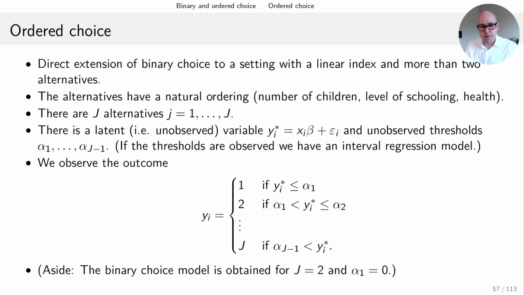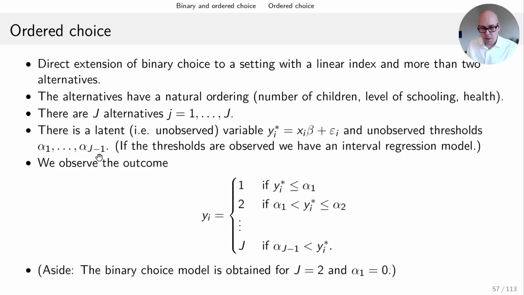Let's describe the model that we'll look at here. In the model, we have capital J alternatives, and these alternatives are indexed by little j. Little j runs thus from 1 up to capital J. Then in this model, there is a latent variable. Latent means unobserved, and this latent variable is going to be denoted by yi star. And yi star is xi beta plus epsilon. Moreover, we'll have unobserved thresholds, and these are going to be denoted by alpha 1, alpha 2, up to alpha